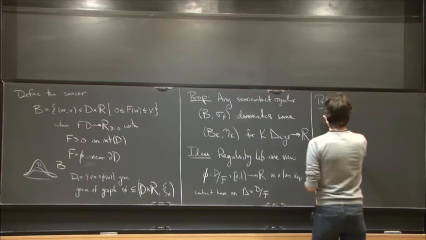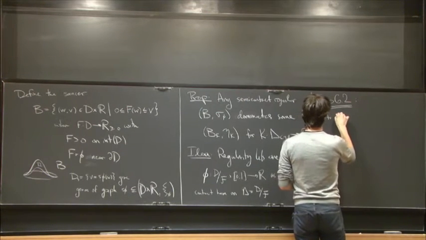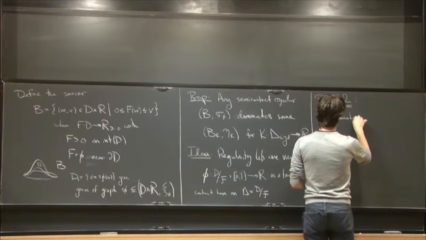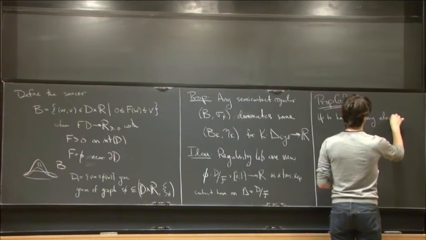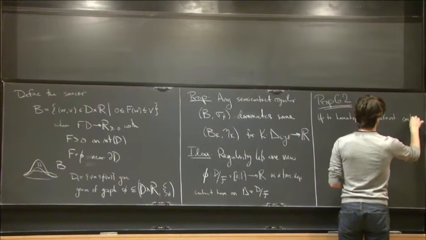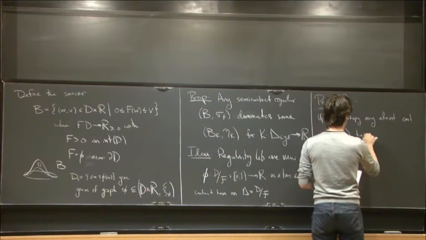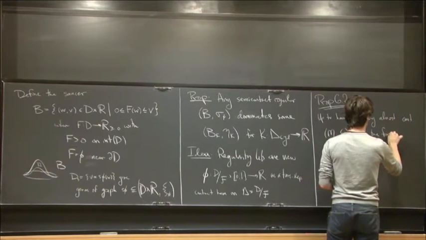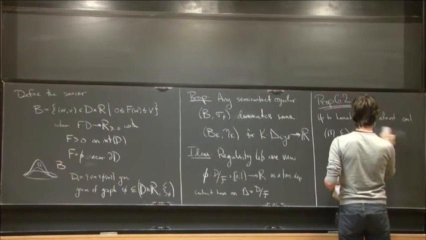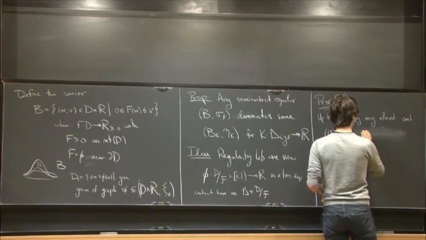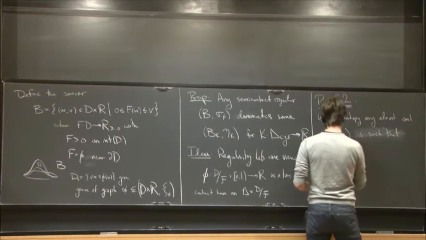So up to homotopy, any almost contact structure is such that